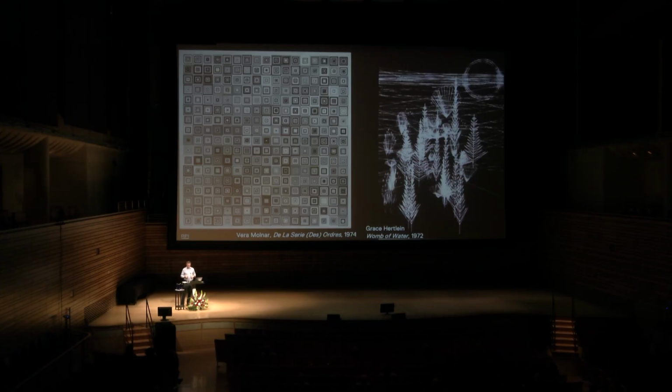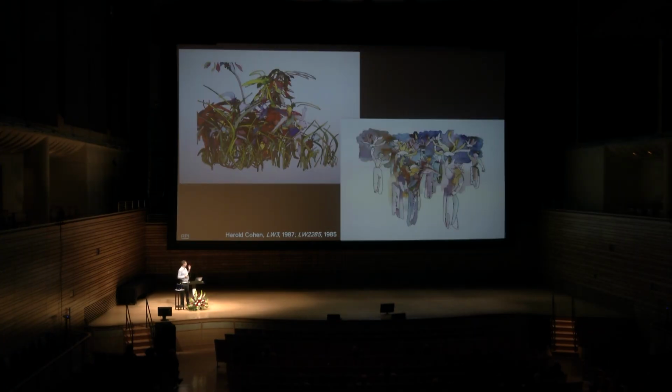The highlight of this era was an artist named Harold Cohen, who in the 1980s designed rules for drawing and painting and filling in different kinds of objects like people and flowers and plants and so on. He hooked this system up to plotter paper and paints, and he was able to press the start button and you wouldn't know what would come out because of the randomness in the algorithm. A retrospective of his work was just at the Whitney a few years ago, and he's very well known, I wouldn't call him a digital artist, but certainly a computer artist.